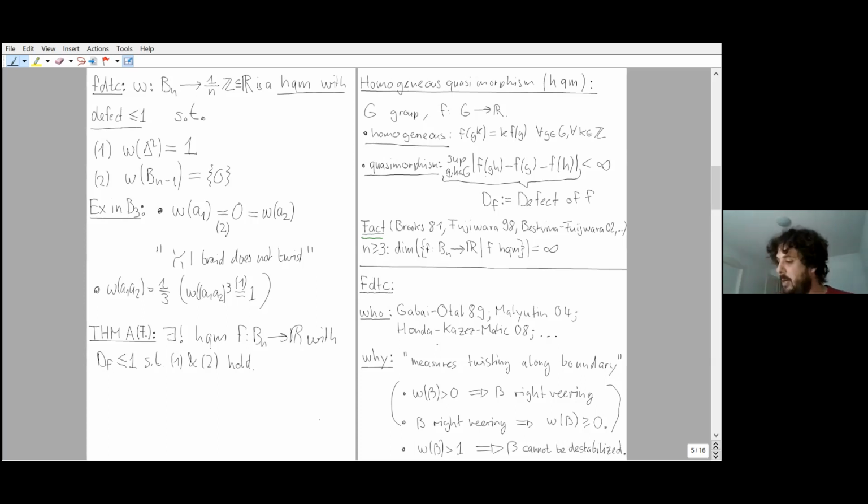And the remark I want to make is that this kind of subtly depends on this defect, which you might not have an intuition for yet, but let me just tell you anyway that as soon as n is 3, if you pick any epsilon, there exist infinitely many, in fact, uncountably many of these quasimorphisms with the properties above. So linearly independent,